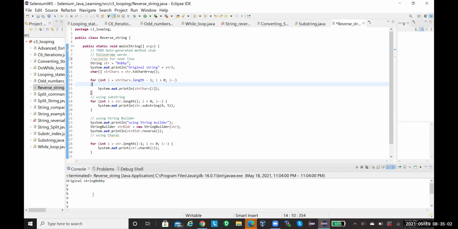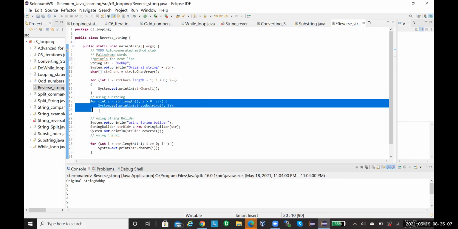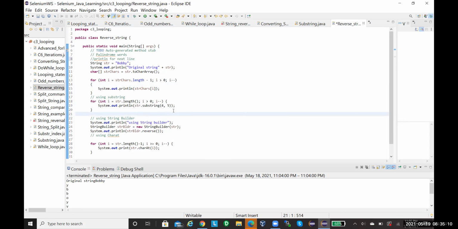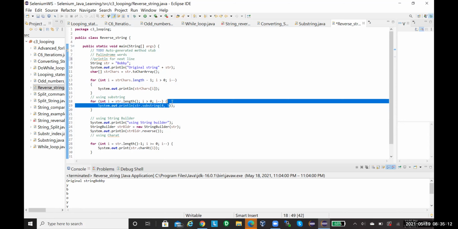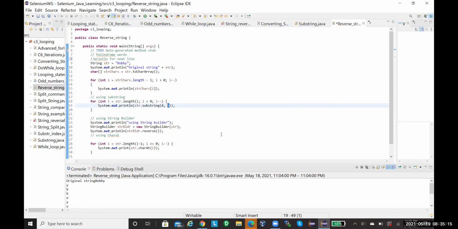See, all these Y's are coming from here. You did not change this position. You fixed it to 4 and 5, right? You did not give the i values. Here, if you give equals to 0, then it will print that last letter B also. You gave greater than 0, that is why it did not give the 0th index character. If we take this, go up and see Bobby, right? And then why is another Y coming here?